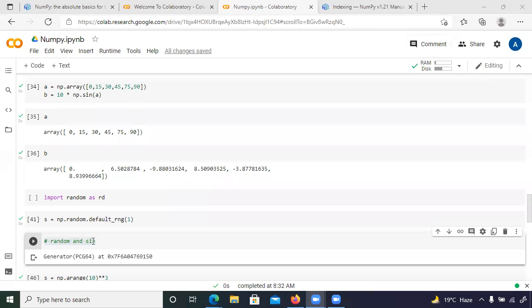So about this random and seed function, I am going to see an example and I will send it to you. And regarding your Tableau and Excel, on Monday, I will start Excel first. Excel, how to make a graph, how to write the formulas, and we're going to see how to read an Excel file in Python as well. That we're going to see on Monday, Tuesday, Wednesday. Then after Diwali, we're going to start Tableau, Power BI tools.